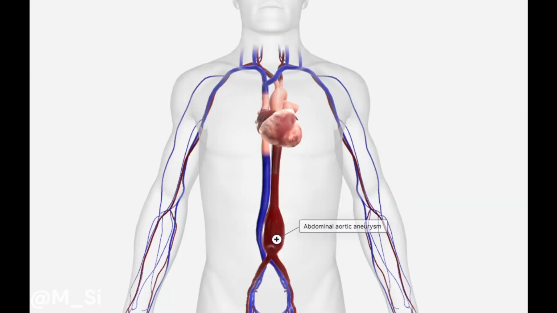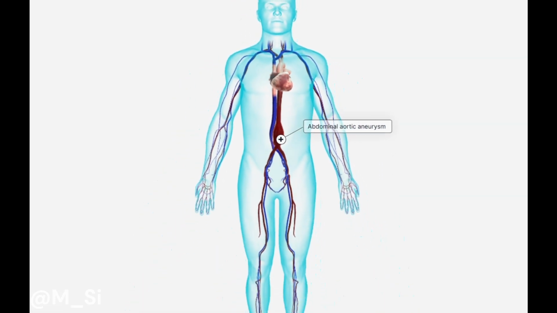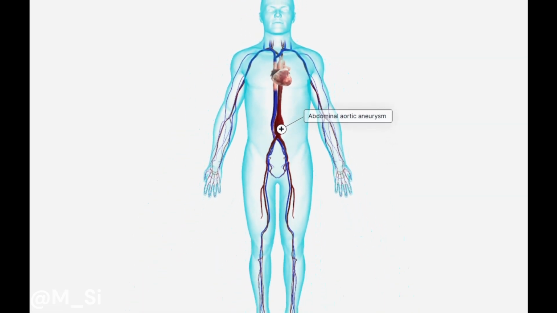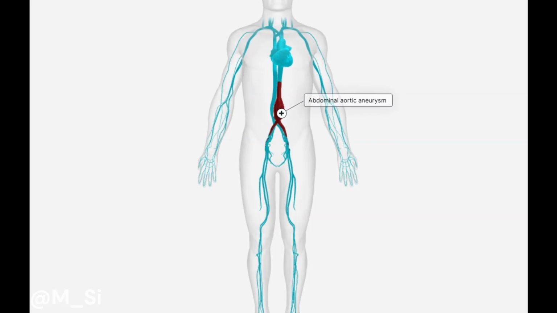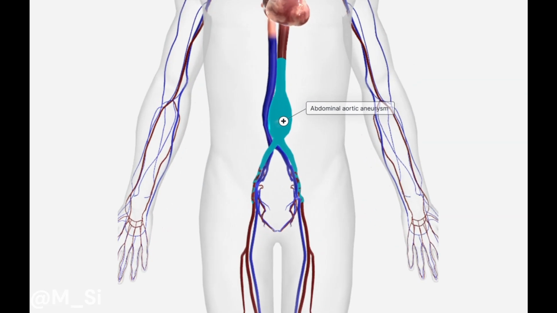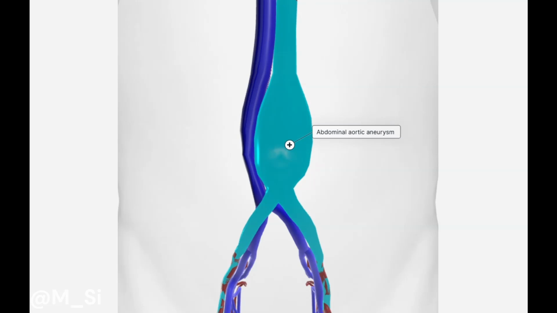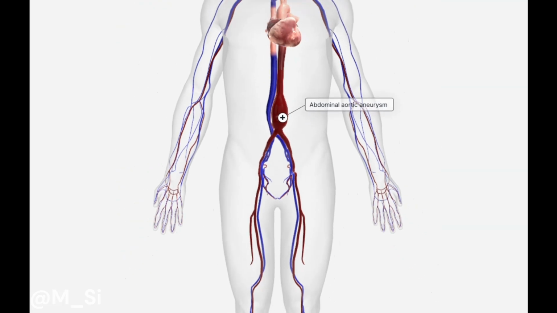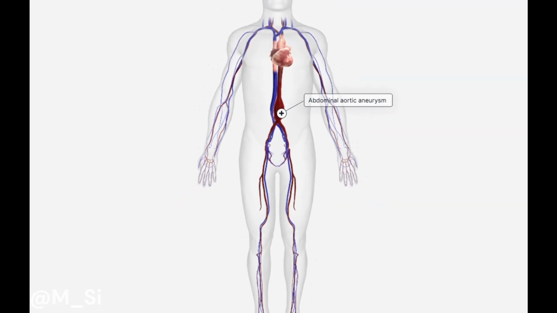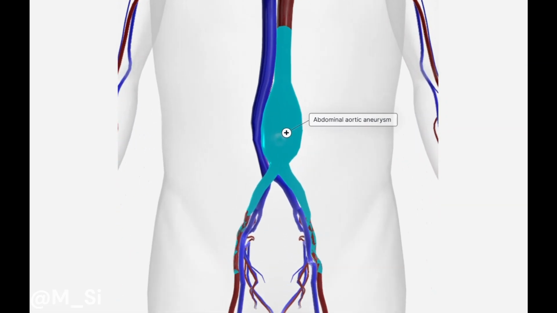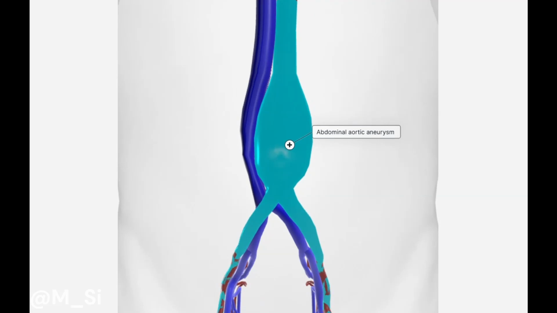An abdominal aortic aneurysm, AAA, is a condition in which the abdominal aorta, the largest artery in the body, bulges or enlarges. An aneurysm is defined as a dilation of an artery that increases its diameter by at least 50%. An abdominal aortic aneurysm is an enlargement of the aorta. An abdominal aortic aneurysm is often due to the degeneration of the aorta, specifically the media or middle layer of